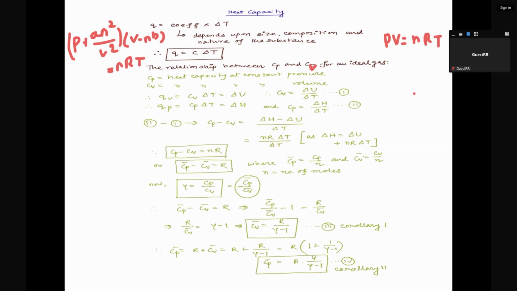The relationship between Cp and Cv for an ideal gas is there. Cp is the heat capacity at constant pressure, as I have told. The subscript stands for the quantity held constant, and Cv is the